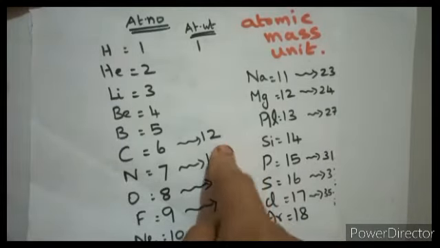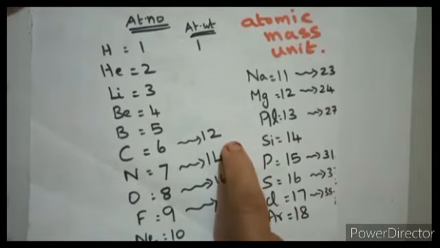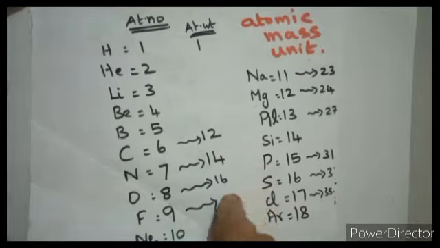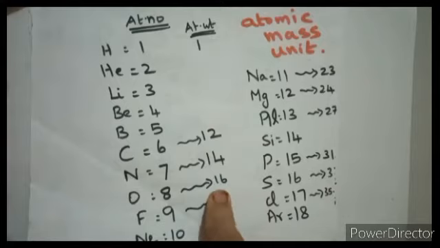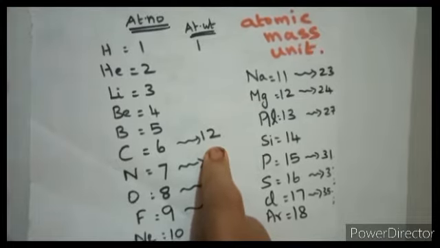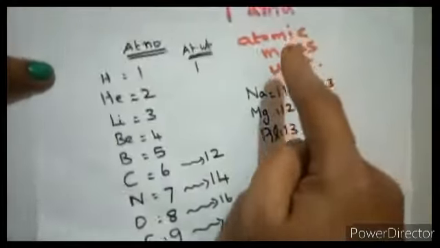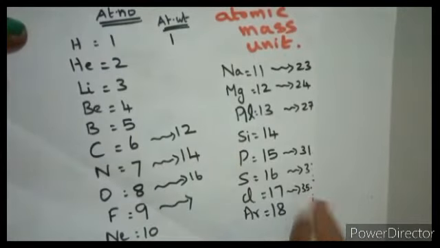Now, this is the atomic weight. As we all know, the weight of the atom is fully concentrated in the nucleus of an atom, which also contains the neutrons. So, adding the weight of the neutrons also, these numbers have been arrived at. So we have carbon as 12, nitrogen as 14, oxygen as 16. It does not mean that a carbon atom weighs 12 grams. It just means that it is 12 times heavier than an atom of hydrogen. It is better for the students to memorize these values.